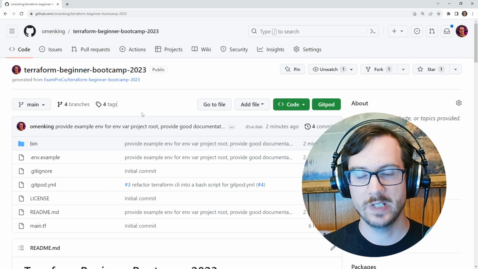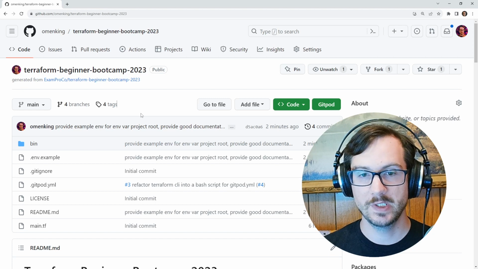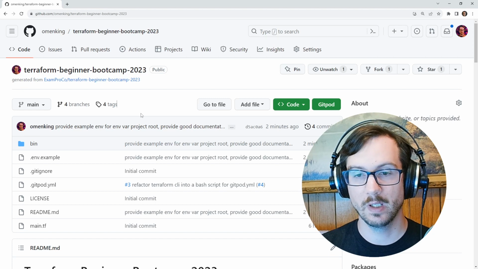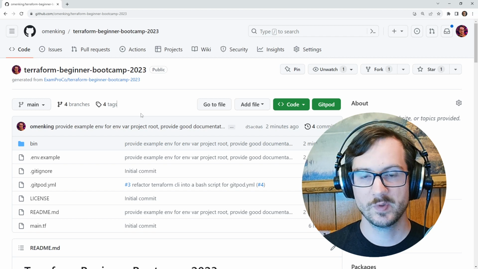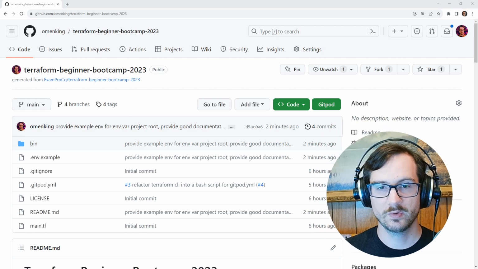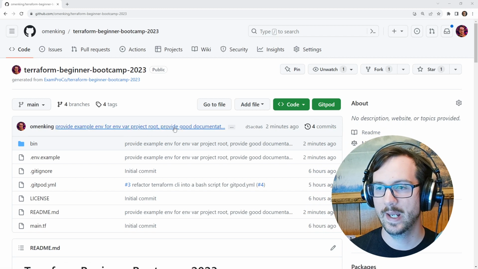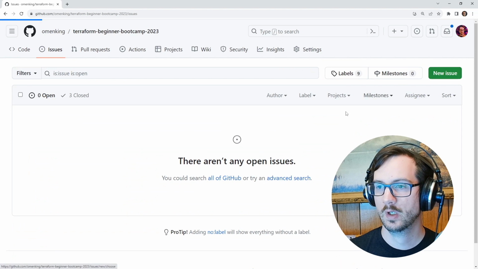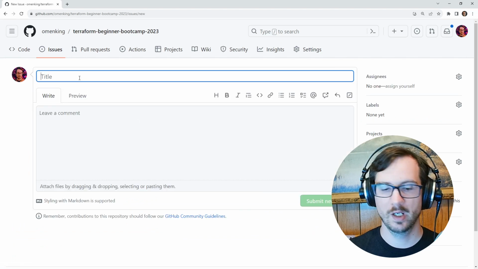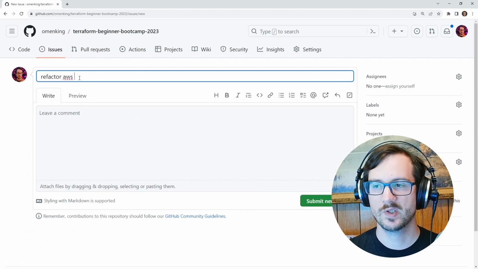And we are going to tackle the AWS CLI now. So we did the Terraform CLI, we'll do the AWS CLI, and I guess we'll go get our AWS credentials as well. So what I'm going to do here is shrink down a little bit and create ourselves a new branch, as we've been working through here, by creating an issue. And we're going to say refactor AWS CLI